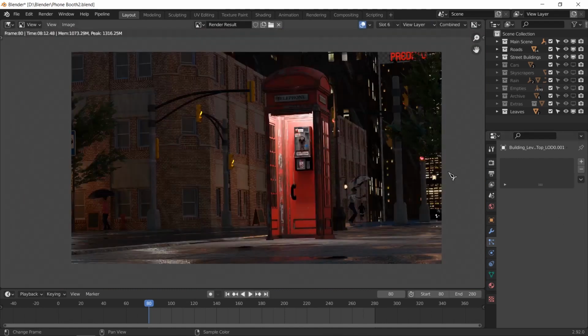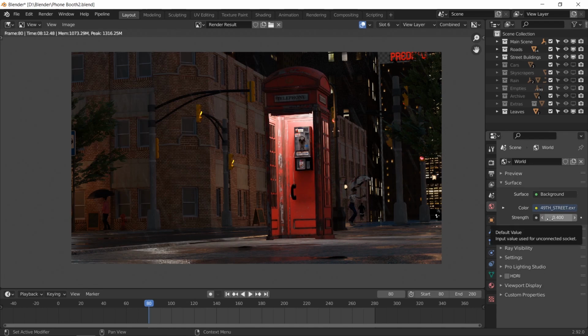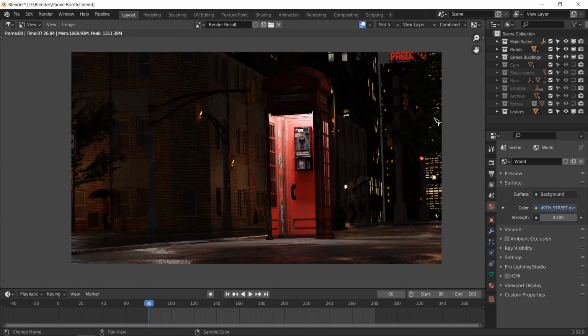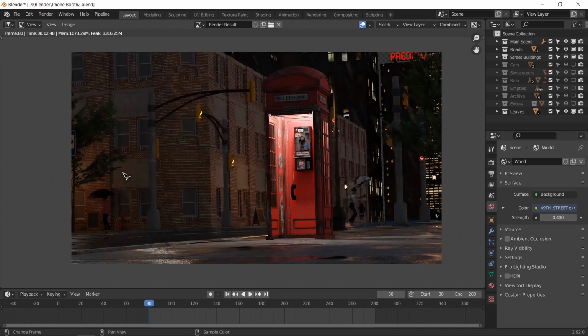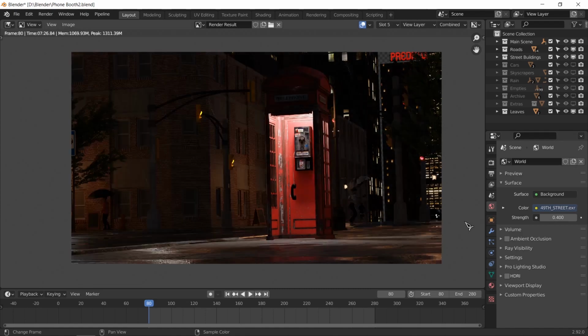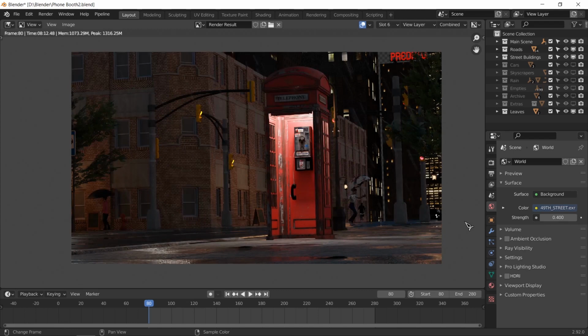Okay, so we have our render right now, without any depth of field, and we did increase our background from 0.2, was it, or 0.1 to 0.4, and that's way too much. And I realized that our other render, where is it? This one was 200 on our lamps, and this one was 100 on our lamps, and this one was increased in background. So this one doesn't look as good as this one, because it looks too much like a daytime